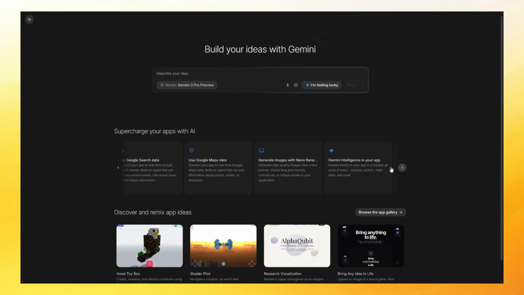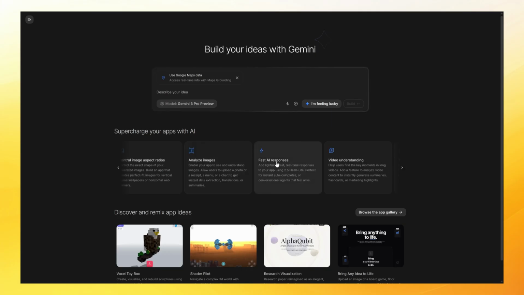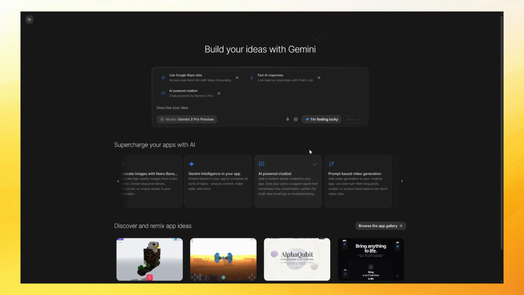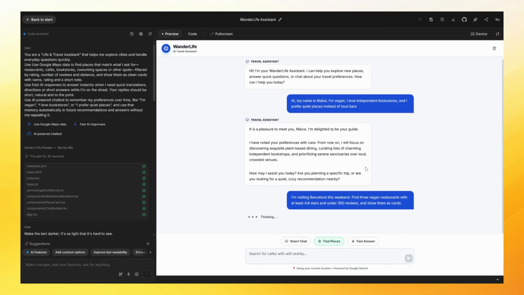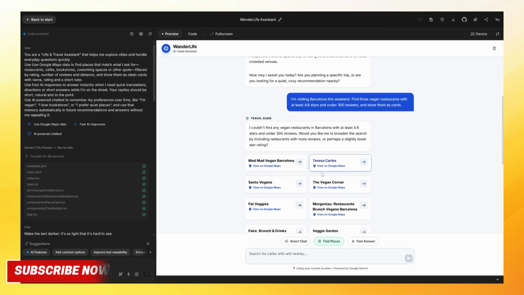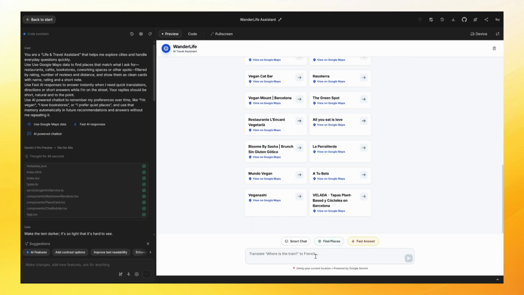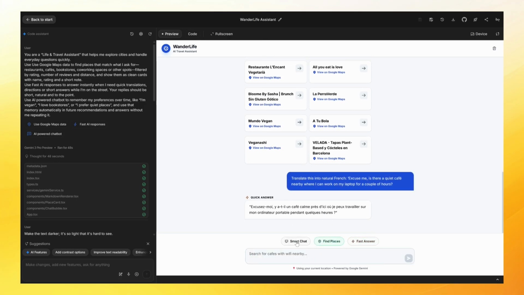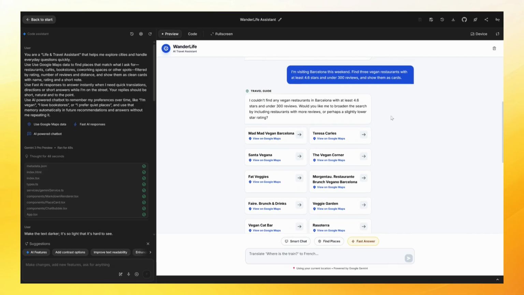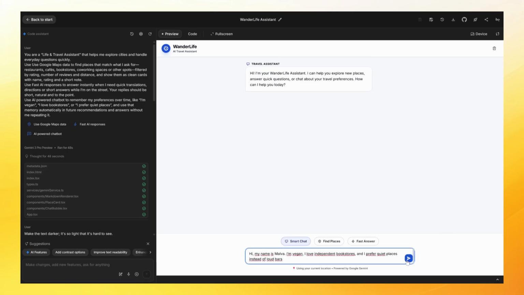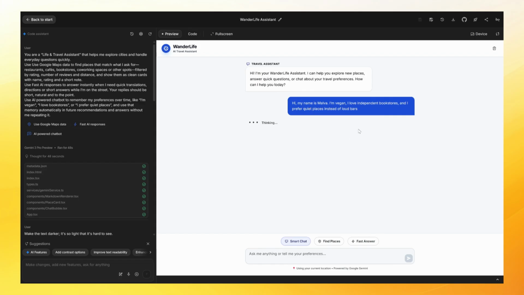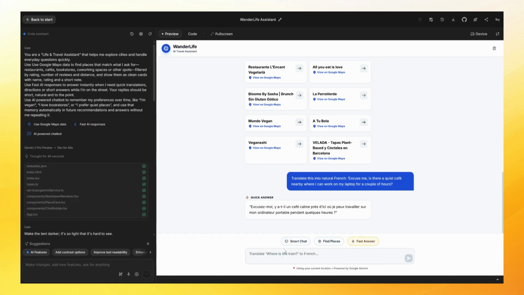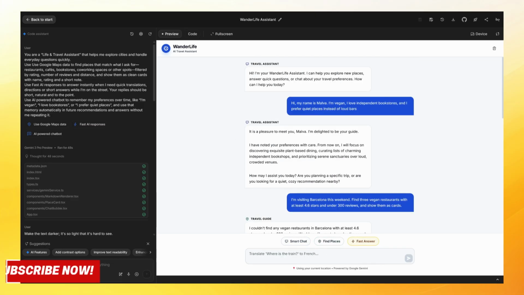For studying or research, you can turn Build into a deep study system by combining use Google search data, analyze images, generate speech, and think more when needed. Use Google search data checks whether a headline or claim looks trustworthy, pulling live information and linking to real sources. Analyze images lets you snap a photo of a textbook page, a worksheet, or a diagram and have the assistant extract the important information or solve the problem step by step. Generate Speech reads your notes or articles out loud, so you can listen while commuting or cleaning and think more